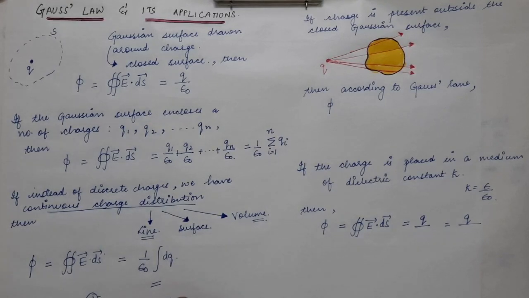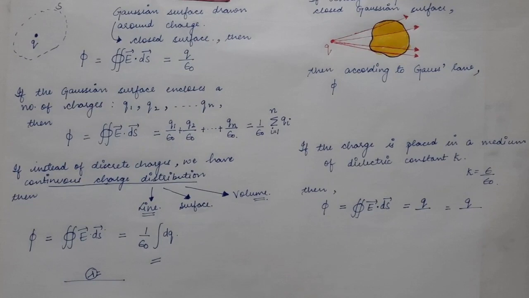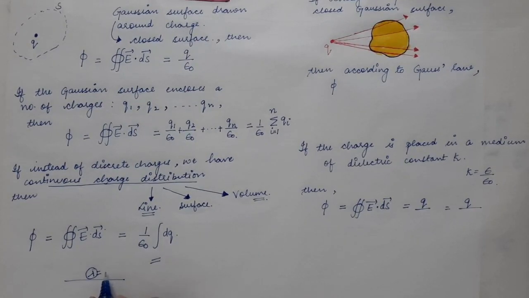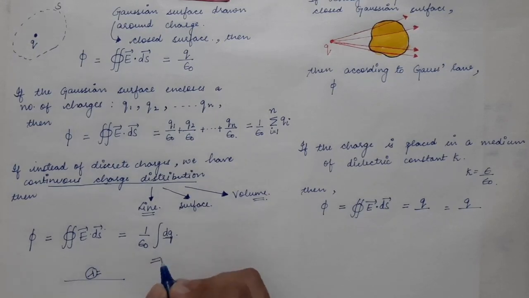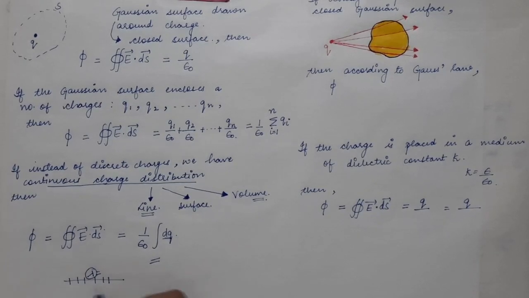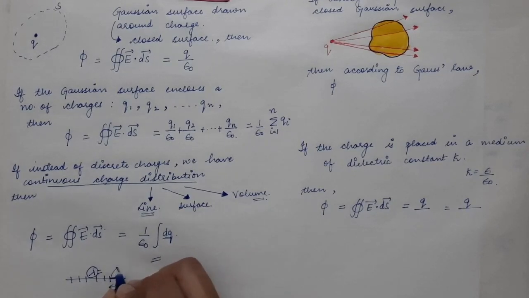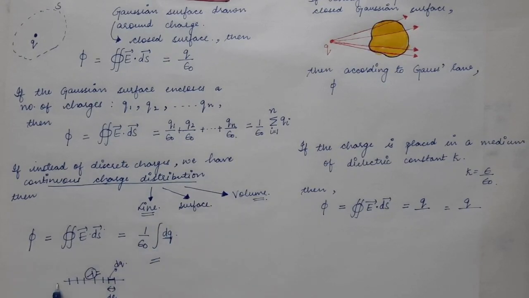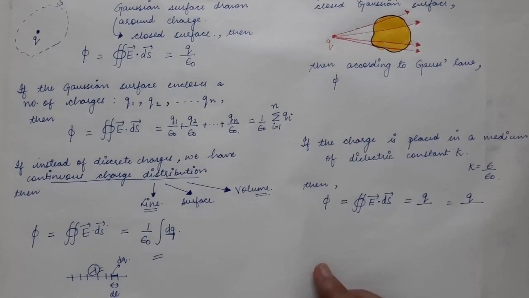So this is how we define the line charge distribution. Line charge distribution is the charge which is present in unit length. So dq is the charge which is present in dl amount of length. If you divide this line charge into small line elements, let's say the length of every element is dl, the charge on this dl length will be given by dq, and what you have to do is integration over this dq. That will give you the total charge on this whole system.